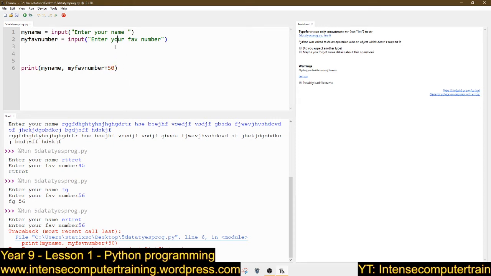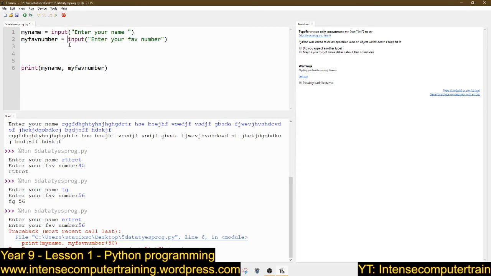You can't do that. I might want to do something like enter in your age and then take 5 years off it, or have a maximum age and then take it on. Well, I can't think of an example using my age at the minute, because I don't want to say date of birth, because you'd have to do something with the beginning of time, if you know what I'm saying. But I'm just not going to bother using that example. Just know you can't add numbers to letters because you are setting it as a string when you use that input. So how do we get around that?